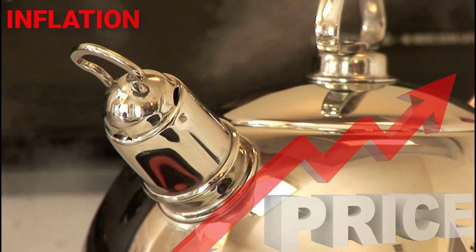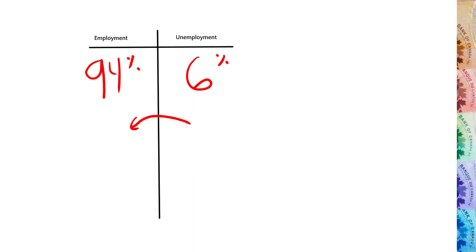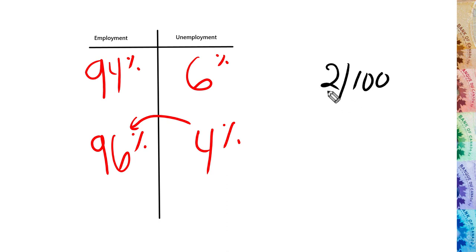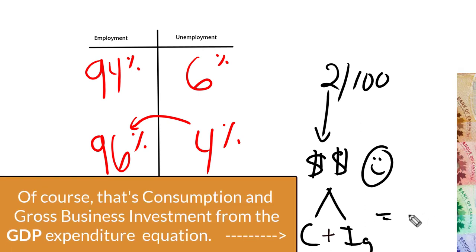In our hypothetical, we have a situation where people are coming from unemployment to employment. So we'll just say we're at 96% employment and only 4% unemployment. That means there are 2 workers out of every 100 that are earning more money that they weren't used to having before. And by the way, they're spending it and they're saving it, both of which create a situation for